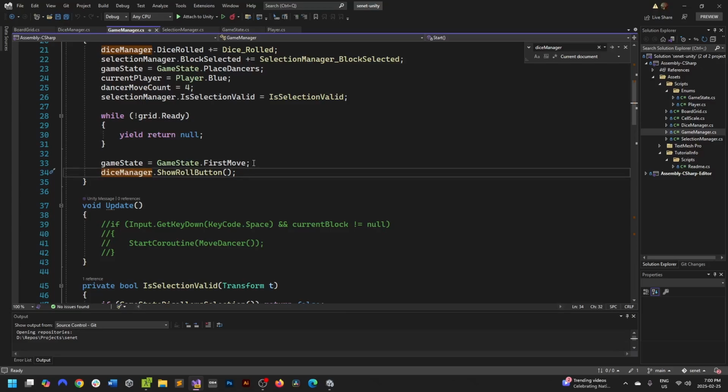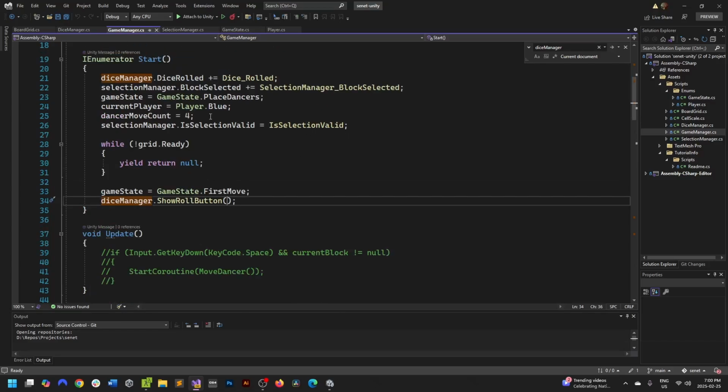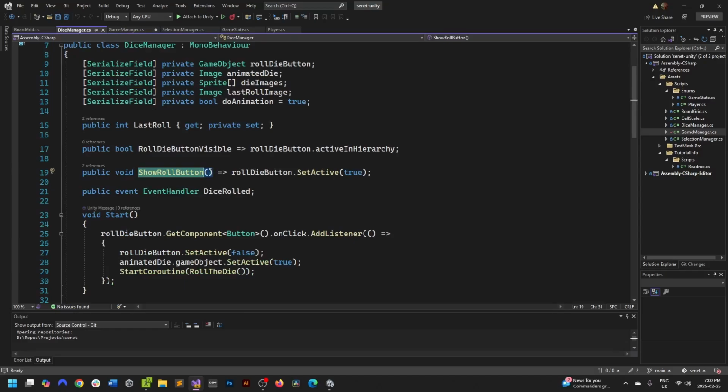Show roll button. Okay. And so show roll button, we need to specify a color in here. So the current player, we'll say current player equals blue. And we'll just change this to blue just now. Otherwise, color red, like that. And then we'll go into here. And